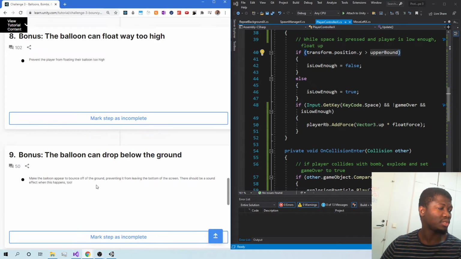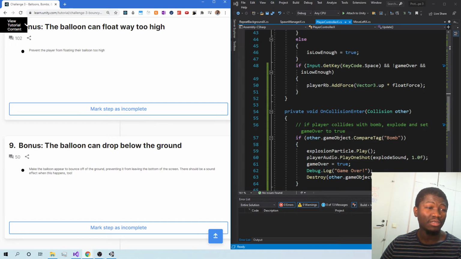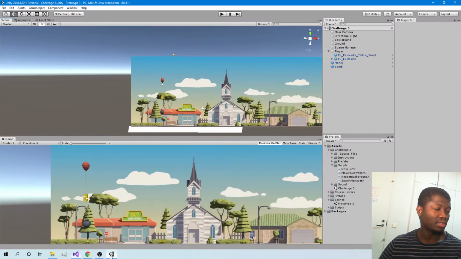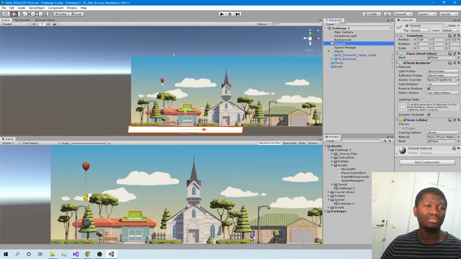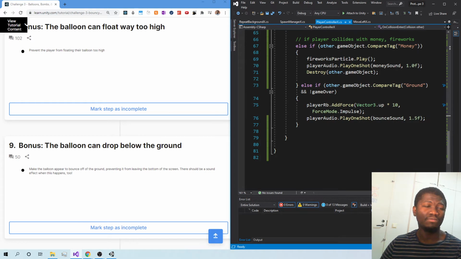And bonus, the balloon can drop below the ground. Yeah, I think I also put a tag on the ground object from here. There was this ground, yeah, I tag it, then I just compare the tag. So if the